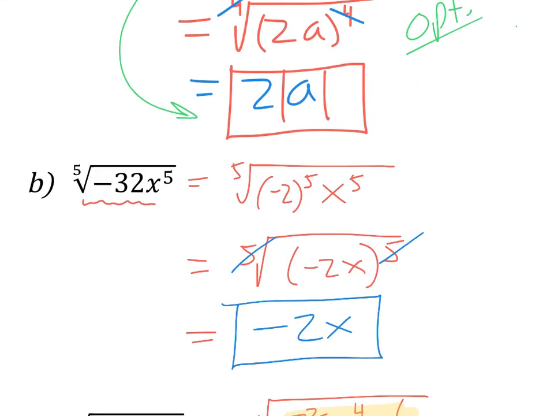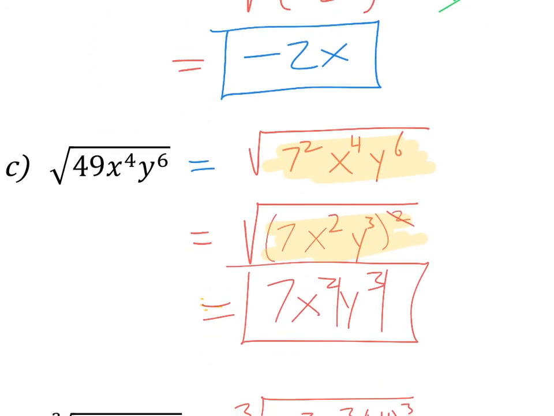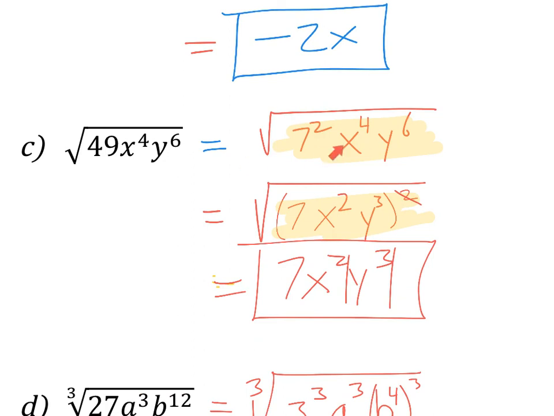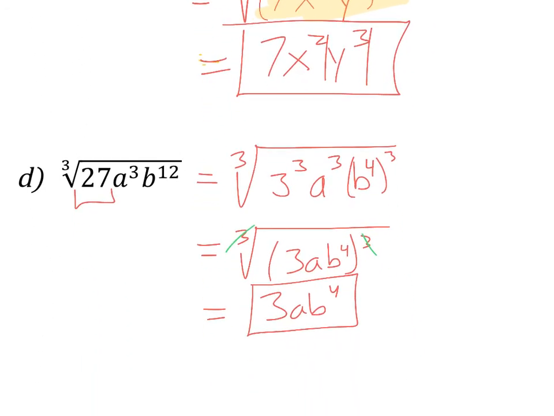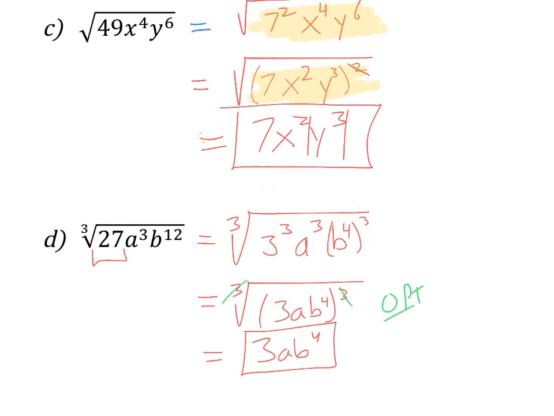Same idea here. This step here really is optional because once we have this, these 5's are going to cancel, negative 2 to the x. But you do need to take the time to break it up. You do need to take the time to write it out there, all right? So here we kind of did skip that step. This is a good one to write. Notice that the powers are just getting divided by the index, basically. Okay? So this guy here is optional. The one up above had a little more going on there, but